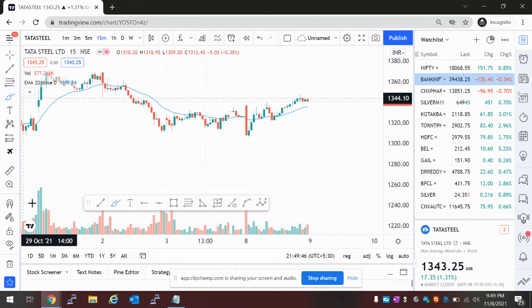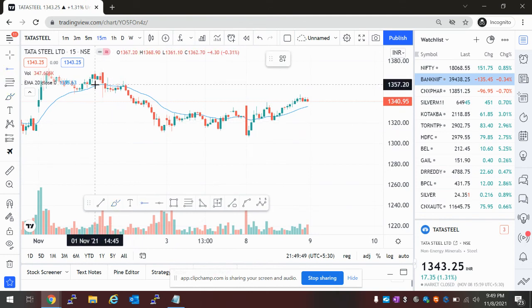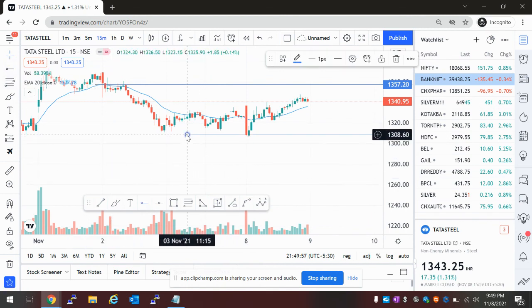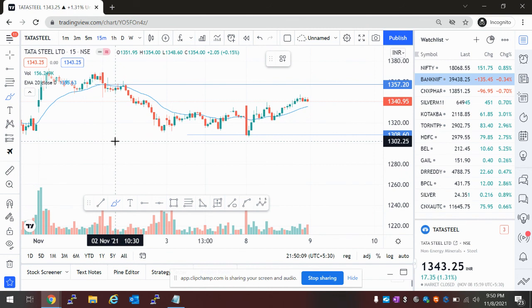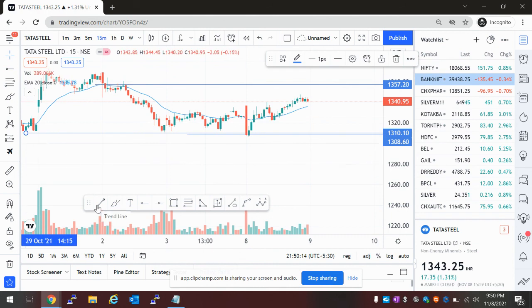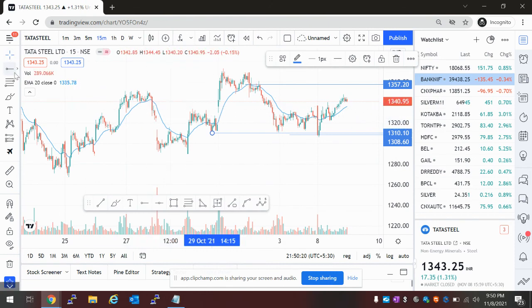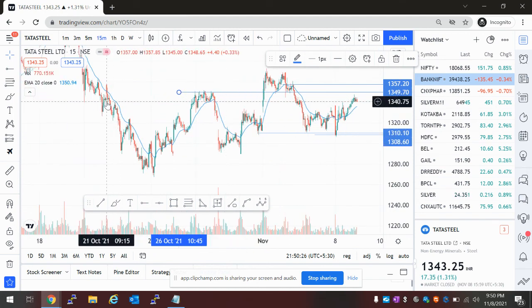This is a level we need to watch out for. This is the level we need to watch out for. 1350 psychological impact will be there, and 1300. If you don't have time to trade, I'd prefer to sell the 1300 put and sell the 1350 call. If you know options well, you can adjust the trades at a later point before the expiry. So 1310, 1300 psychological are going to be very good support, and this 1350 is going to be a resistance again, I am saying. Because see, rejection at 1349, I got a rejection. Here also it was rejected.